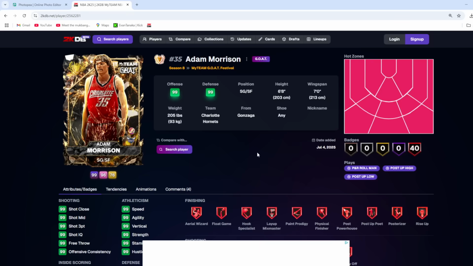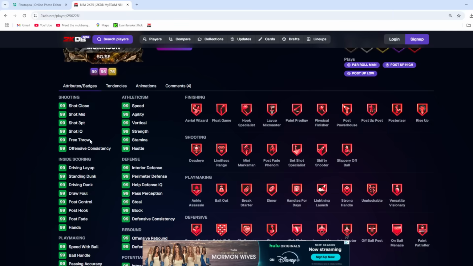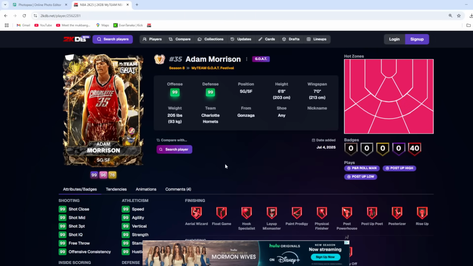We'll start with the GOAT Adam Morrison, who's going to be a 6'8" 2 guard with a 7-foot wingspan. He's got a decent player model, 205 pounds, and from what I remember on the Dark Matter, it's definitely a decent player build. He's got perfect stats and badges, of course. All of these GOAT cards are going to have the 40 legend badges, which is every single badge in the game, and then they're all going to have 99 perfect stats,